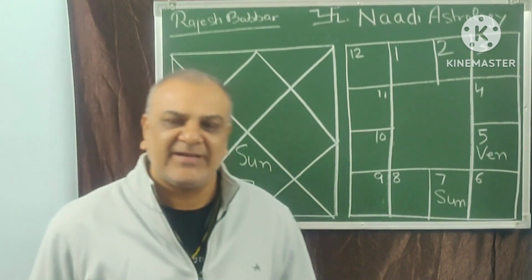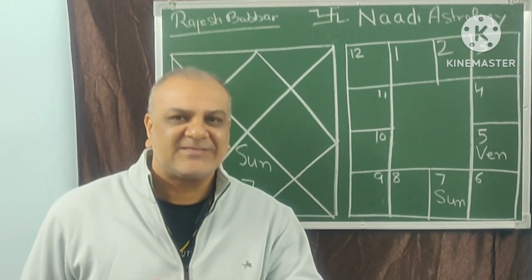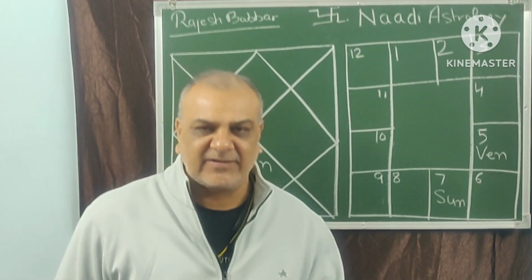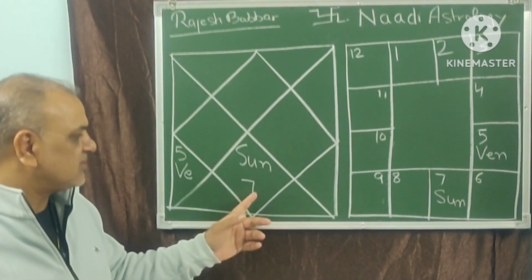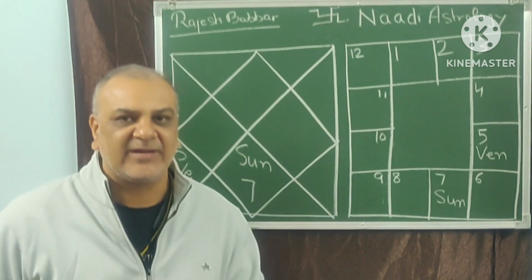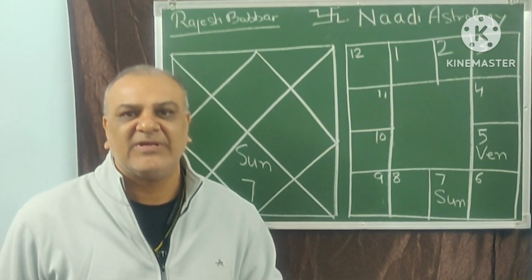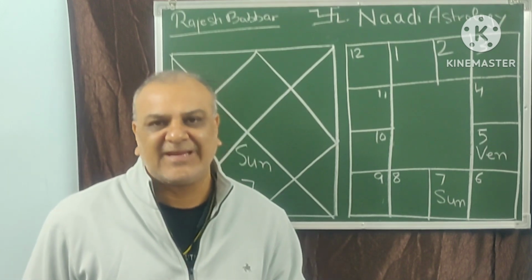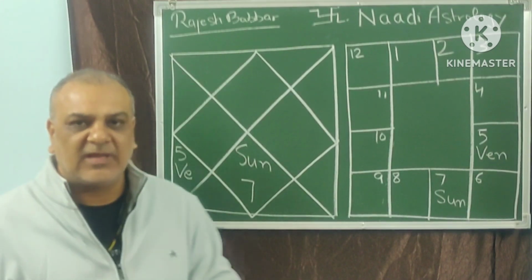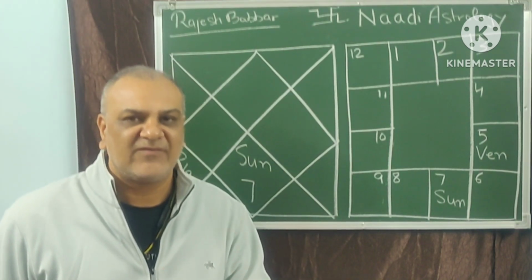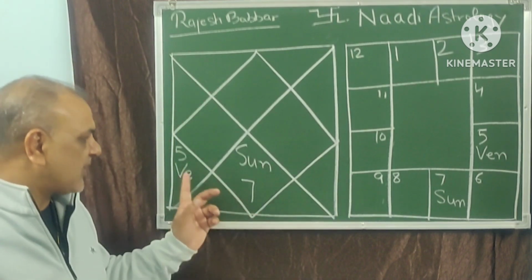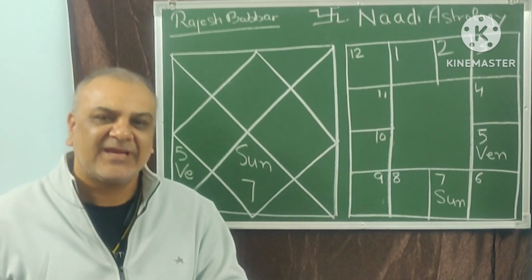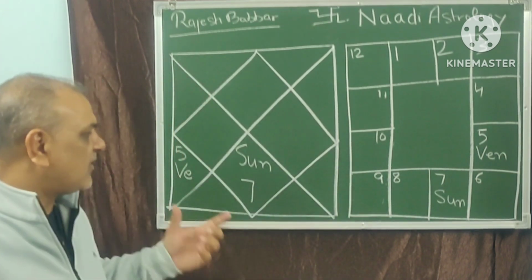If you see a planet debilitated in your chart, don't get scared that this planet will give bad results when the progression of Saturn comes over this planet, that the Sun will behave like a debilitated planet, with trouble to father, trouble in my job, trouble in name and fame, and all other significations of the Sun will be afflicted. No, it is not like that, because there is Rashi Parivartana, so the debilitation gets cancelled. This is the second Nadi technique you have to follow in any chart.